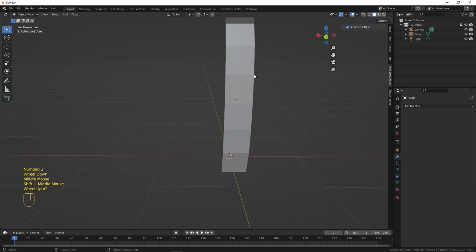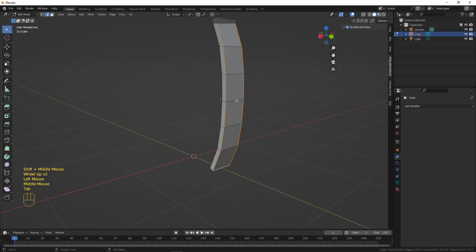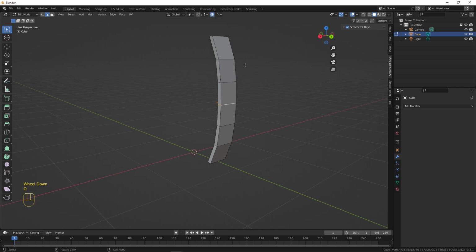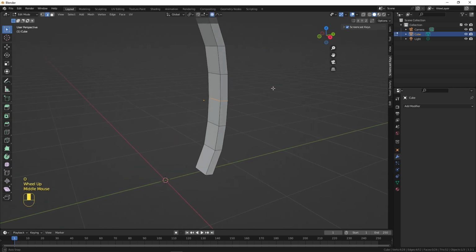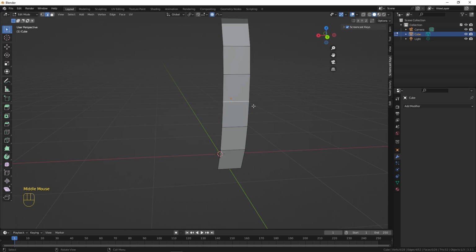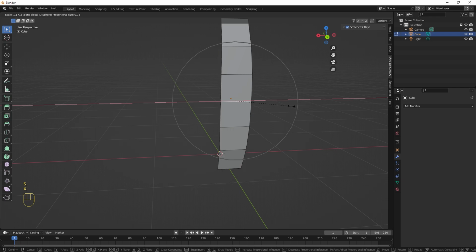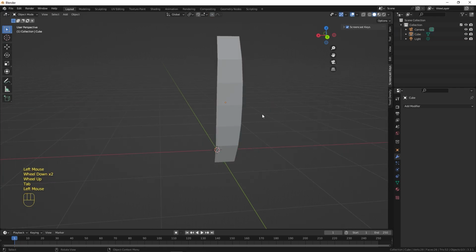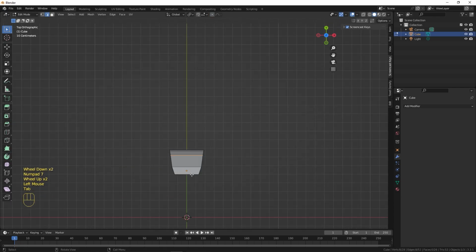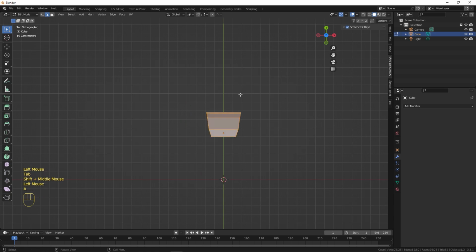And then the other thing I want to do here is, again, tab into edit mode here and select this middle edge loop, and O to turn on proportional editing, and I want to scale up this whole edge loop. So S and X, and I want to only scale it up in the X-axis. There we go. So A to select all, and then we're going to use the spin tool, which we haven't